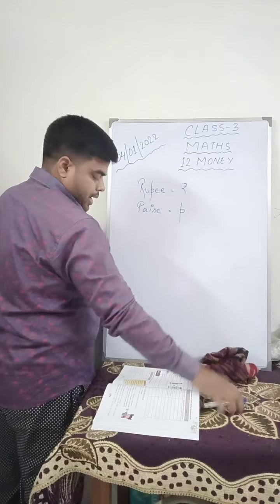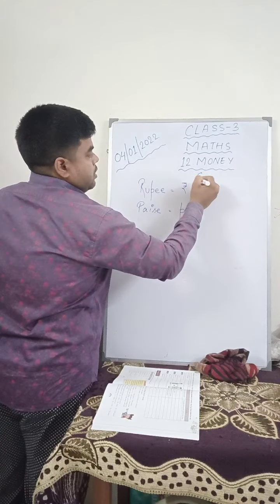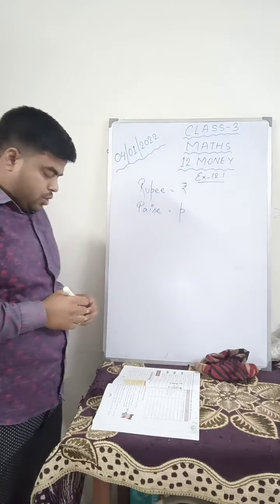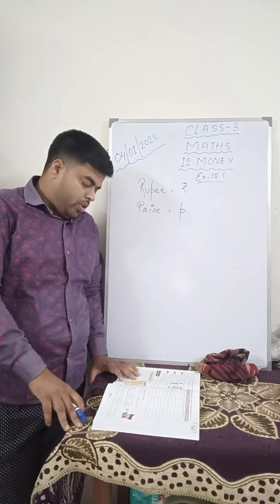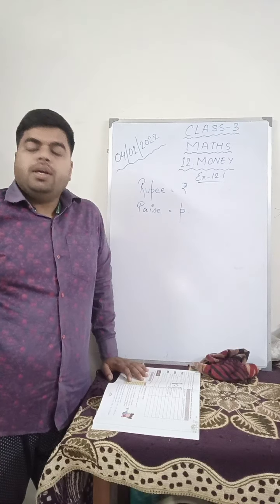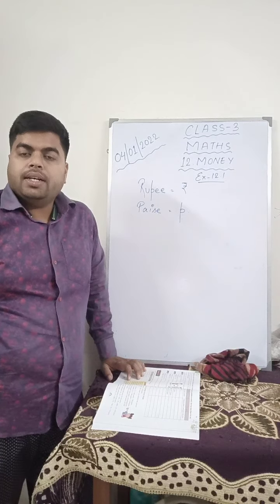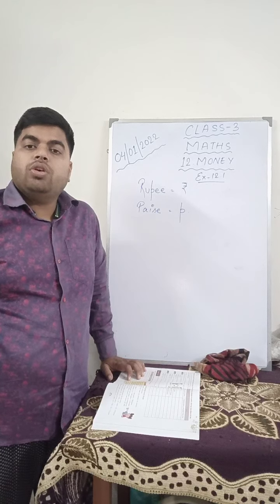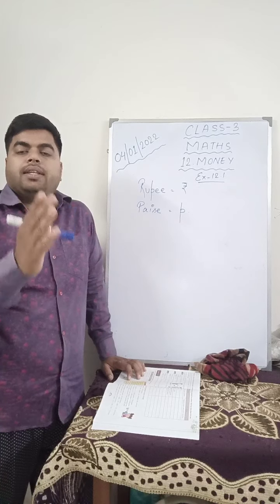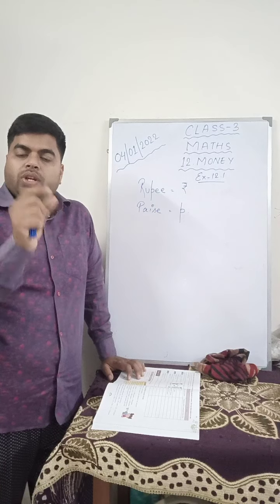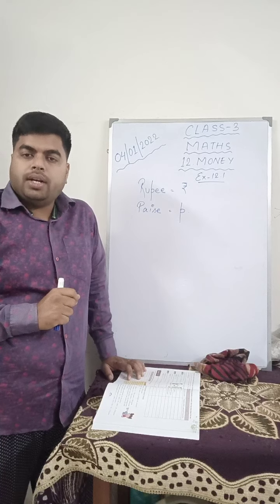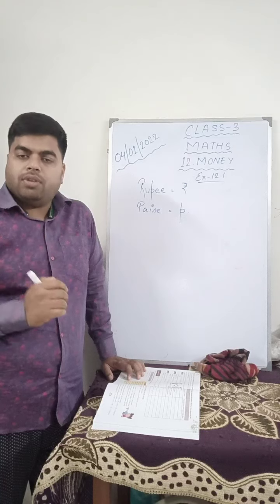Let us begin with exercise 12.1. In exercise 12.1 they have said, write the following amount in figures. 1 has been done for you. Now remember, if you write the rupees and paisa using only one unit, you have to use a decimal to separate the rupees and the paisa. So between rupees and paisa you have to use the decimal point so that you can understand that this is rupees and this one is paisa.